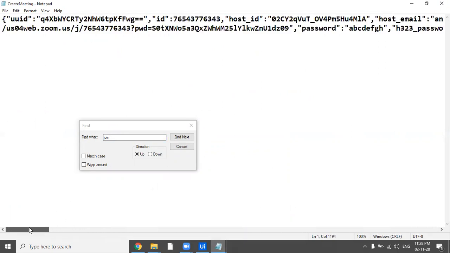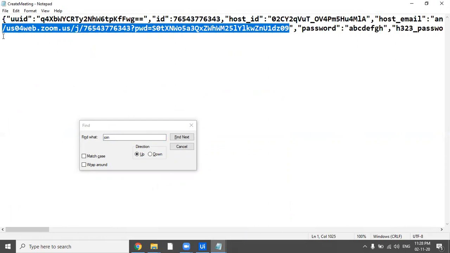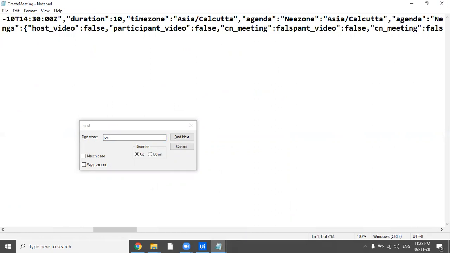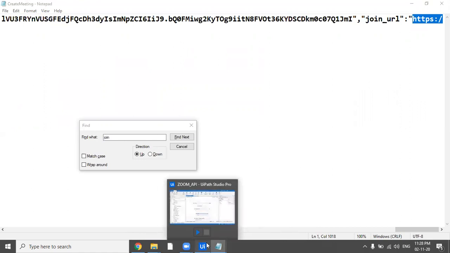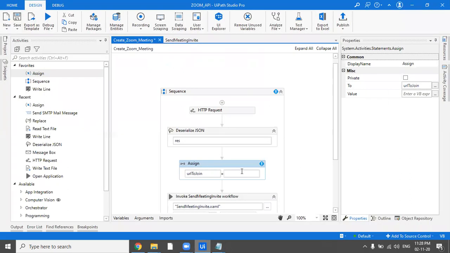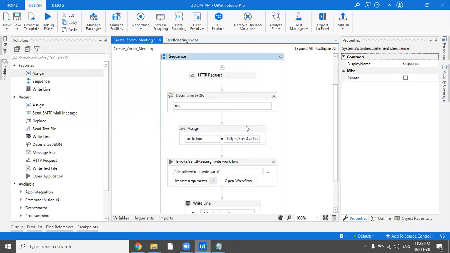Where is the join URL? It's gone. Here it is. Yeah. Let me just copy this. Let's go back to Studio.